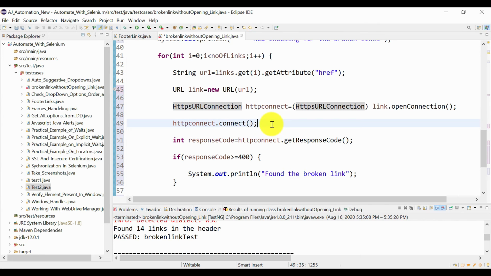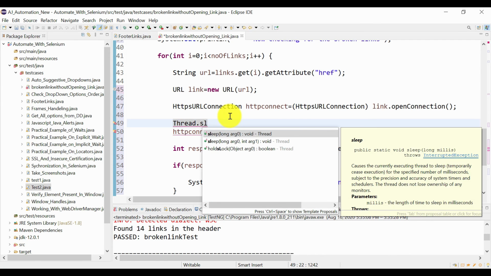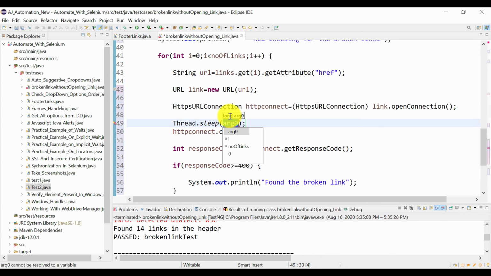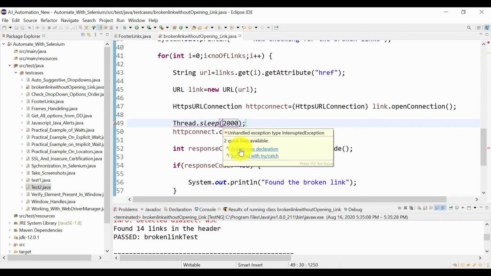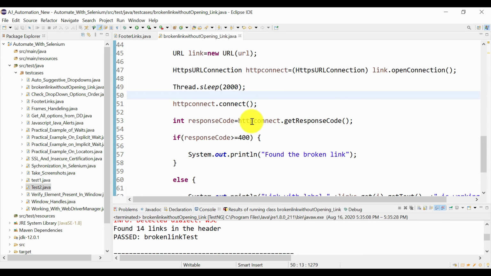So maybe after making the connection we can give some Thread.sleep, let's say for 2000. Save it.